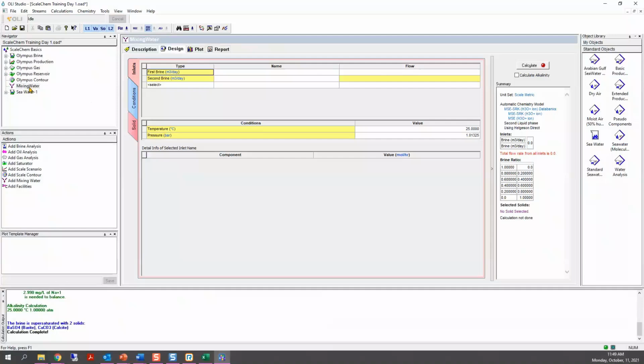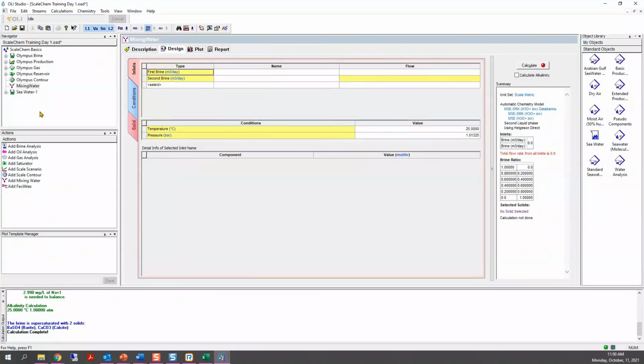And so in this mixing water, we will need to ask ourselves several questions. Where are we mixing these waters? Are we mixing them at the reservoir, at the perforations? Is this mixing in contact with some oil? All of these things we need to know, what's happening at the mixing.